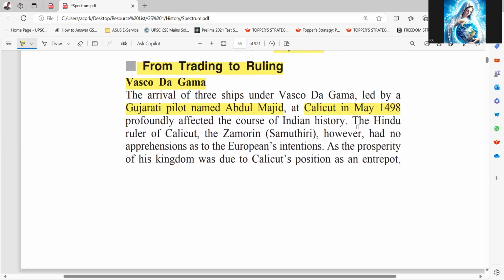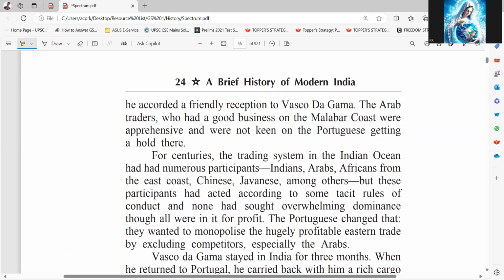The Hindu ruler of Calicut, the Zamorin, however, had no apprehensions as to the Europeans' intentions, as the prosperity of his kingdom was due to Calicut's position as an entry port. He accorded a friendly reception to Vasco da Gama. The Arab traders, who had a good business on the Malabar coast, were apprehensive and were not keen on the Portuguese